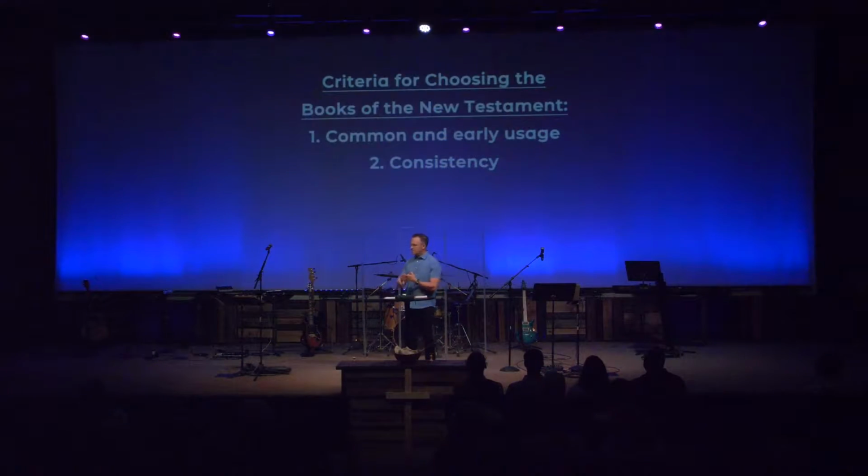The second criteria for choosing these 27 books was that they're chosen because they were consistent with the faith as it was preached in the churches by the original apostles. And people knew because they circulated the letters, and the apostles were alive. They went around, and so if there was some other teaching that was out of the ordinary, or a writing, a book, a letter of some sort that was not in keeping with the apostles, of course, they were alive to say, that's not me, that's not what we saw, that is not a gospel, that's somebody else's idea, so that one wasn't included, those sorts of things.